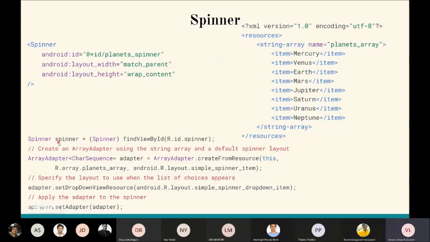After you get this spinner, you have to create an array adapter. There is no need to create this string array like this. You can normally create the string array in Java, as you know. In Java, in C Sharp, the same method is used to create arrays. So you can normally create the array and just give the array items here. This planets array is the name of this string array. I'm just giving it over here and leaving the remaining things as they are. So it will just display the spinner like this. I'm just giving an overview of this.